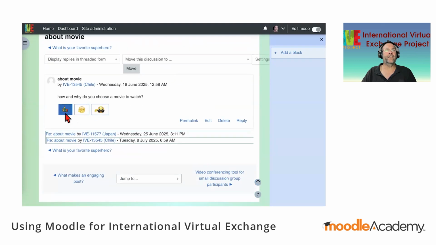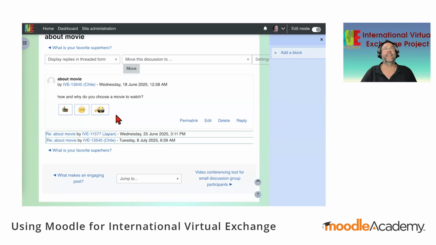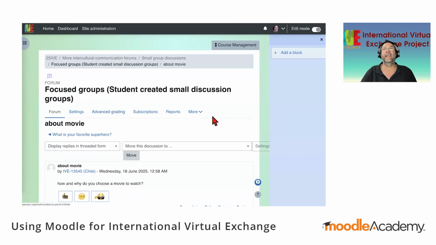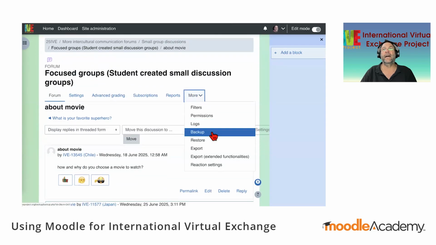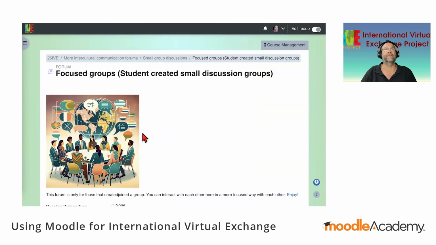So these buttons here were created by students. And if we look at that one, it's the thumbs up, but there's an IVE, International Virtual Exchange, within there. So these buttons were created by the students, and in the forum reaction settings, you can add those buttons yourself.